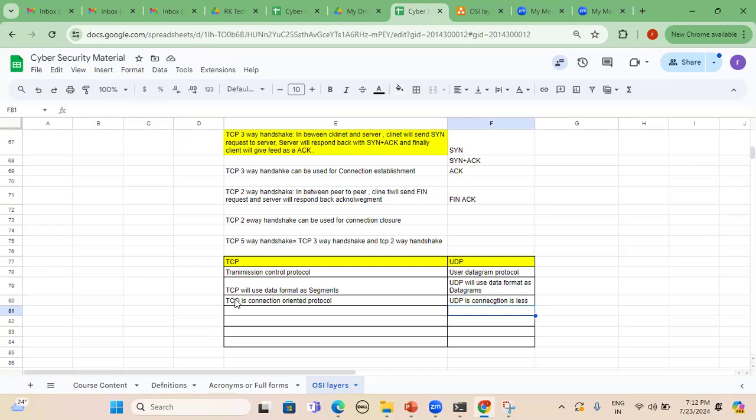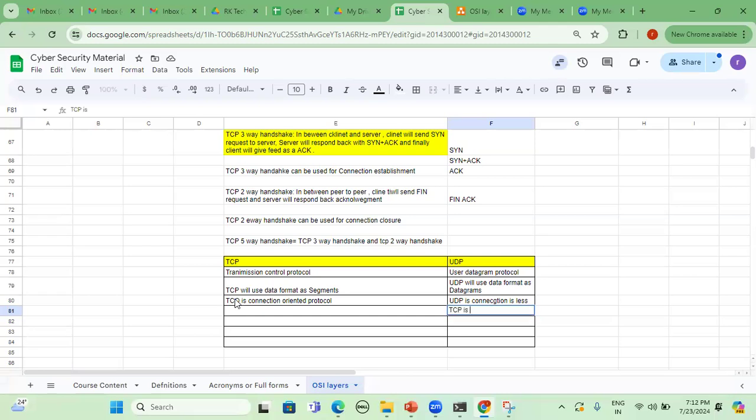What is meant by connectionless here? First the TCP three-way handshake will happen, and only after that will UDP come into the picture. Without TCP, UDP basically cannot work. So that is what connectionless means here, it depends on TCP.